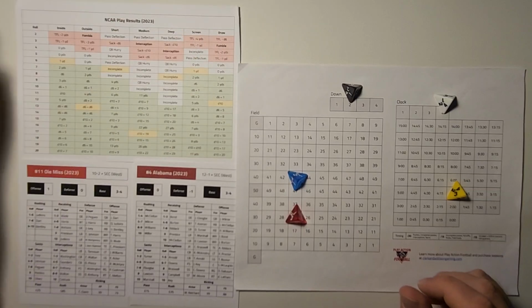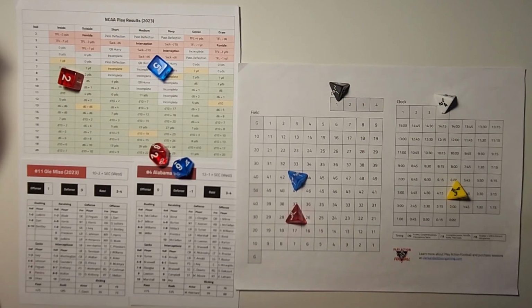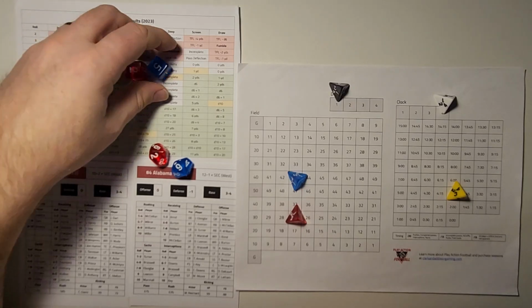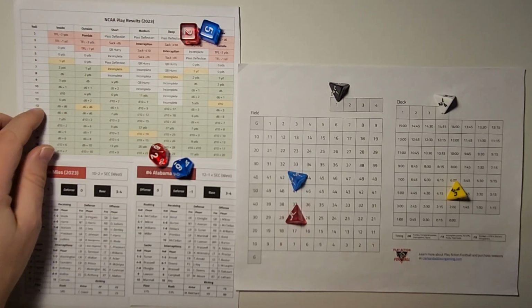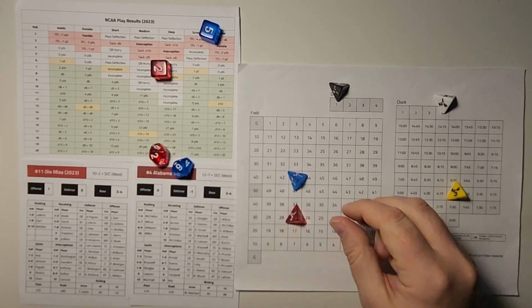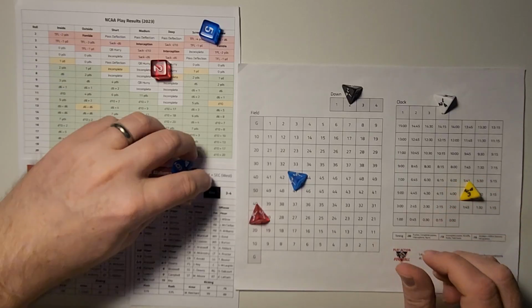6 minutes left in the game as they run up to the line of scrimmage to get another play off. Outside run again to the nickel. That gives them a +2 advantage. 10 on the outside run. 2 plus 1 is 3. That takes it out to the 40. 2nd down and 7